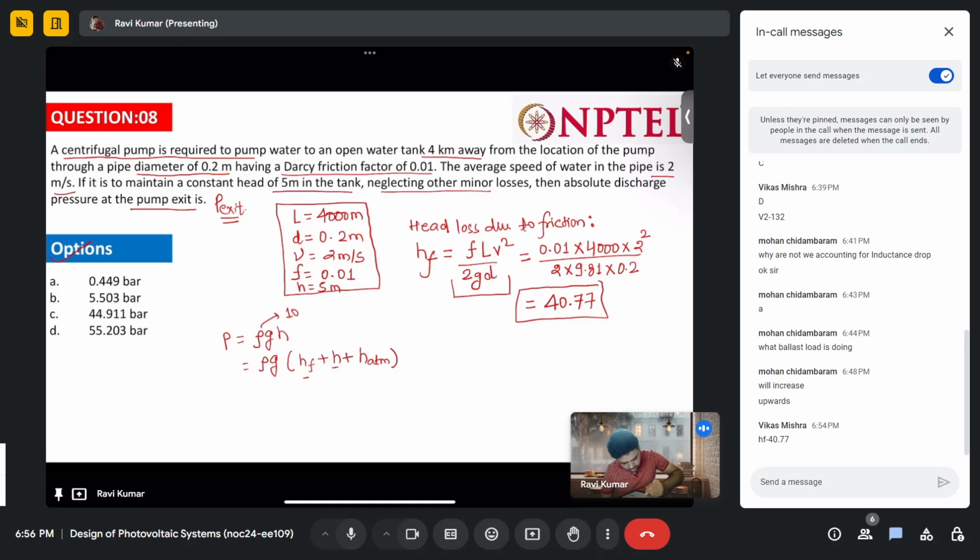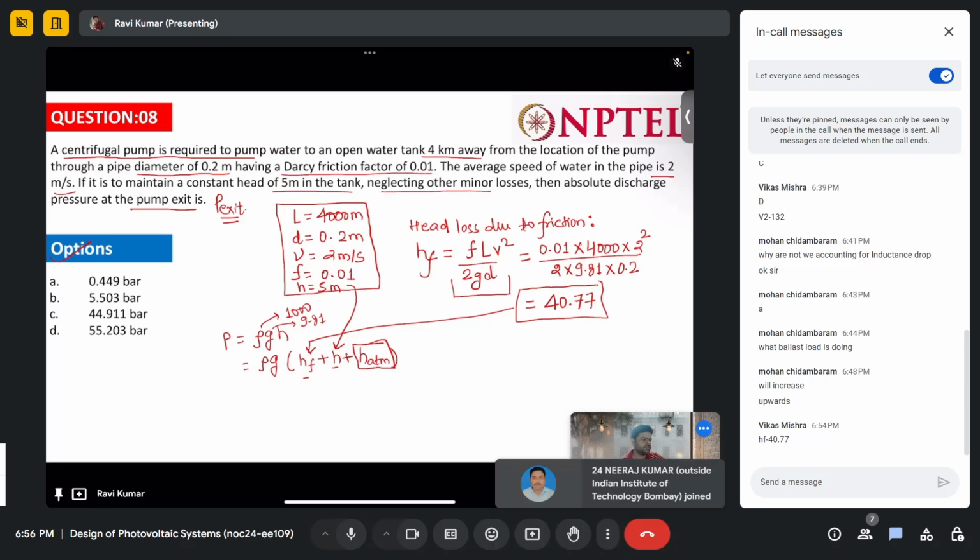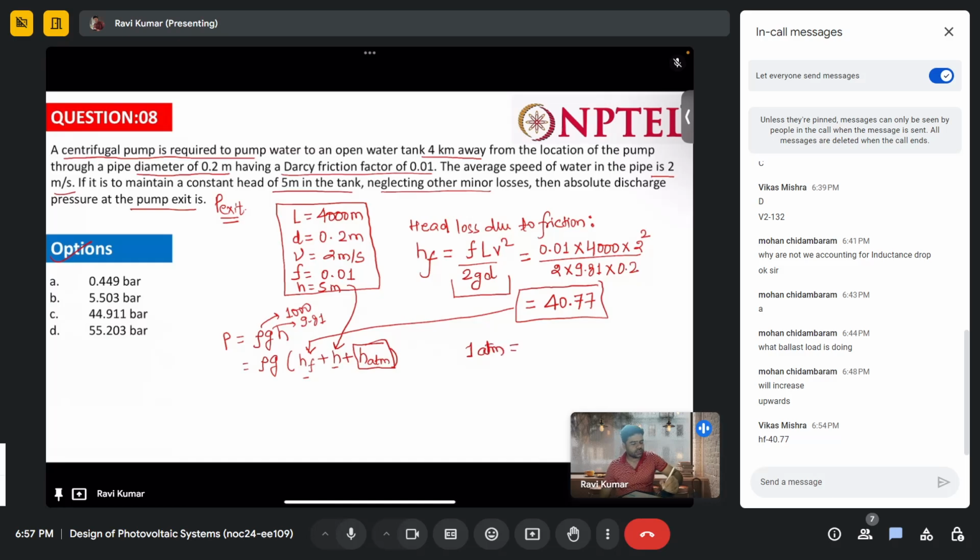It is 1000. What is the value of g? 9.81. So we have both values. HF is given here. This H is already given here. What is left? H due to atmospheric pressure. And this H due to atmospheric pressure, 1 atm in terms of water pressure, will equal 10.3 meter of water